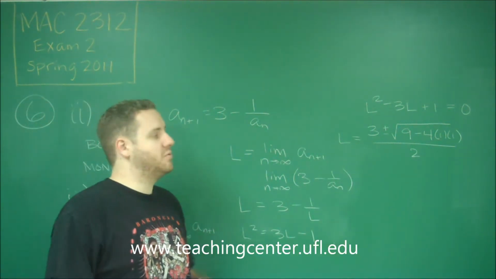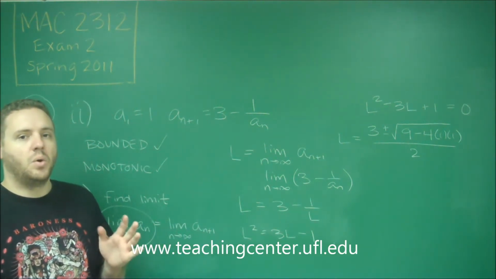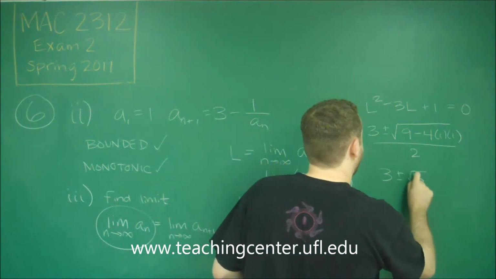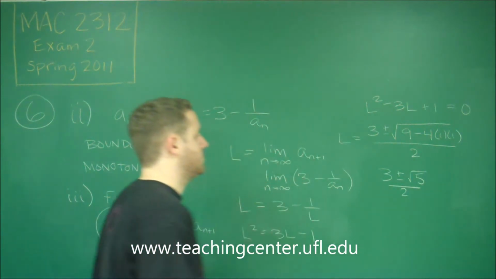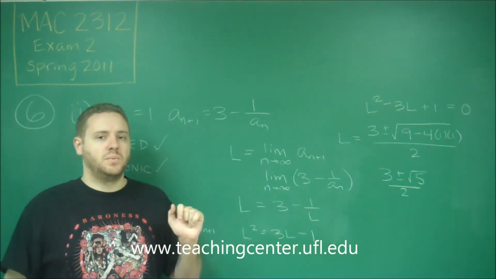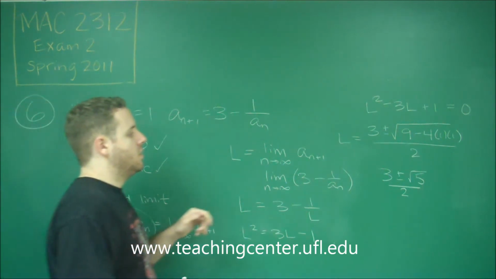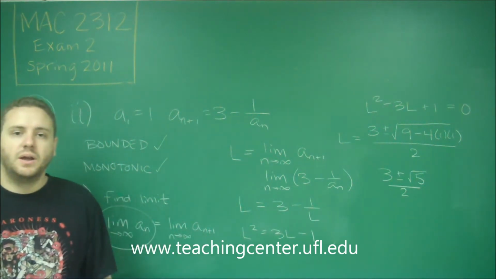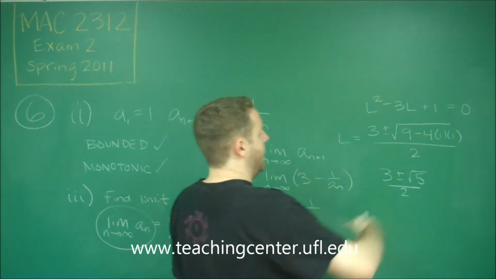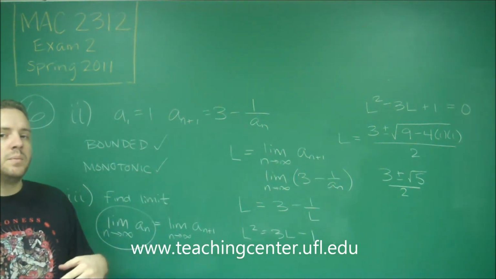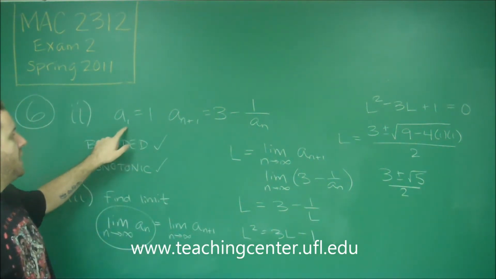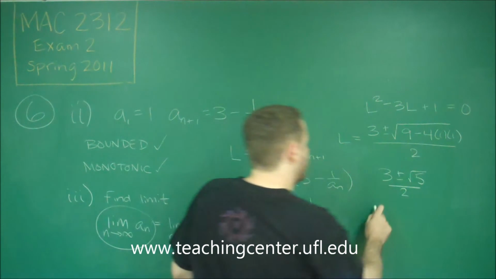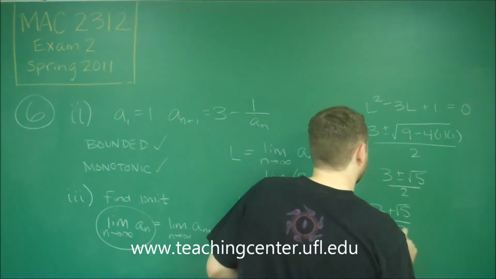So what we need to be careful about here is that we have two possibilities, but only one of them is going to be right. So we have 3 plus or minus the square root of 5, over 2. Only one of those is going to be right. We need to determine which. Well, the problem here is that root 5 is a little bit bigger than 2, and if we do 3 minus that and divide by 2, we're already at a number that's lower than 1. But we knew that our sequence started at 1 and it was monotonic increasing, so there's no way out of these two possibilities,